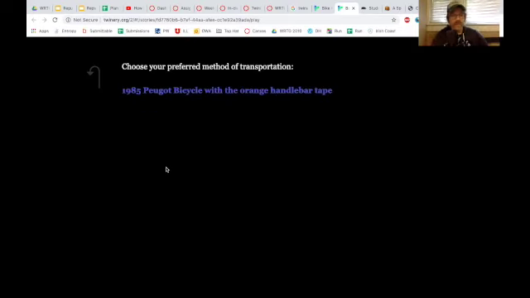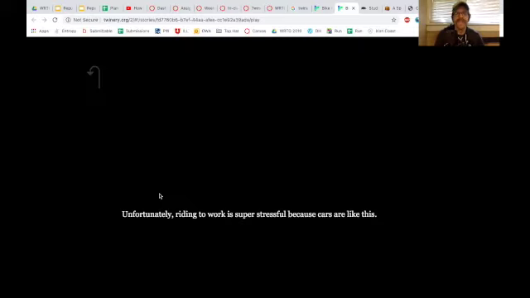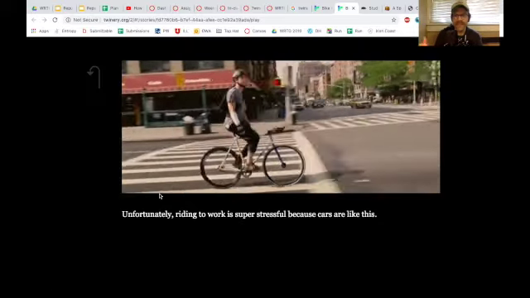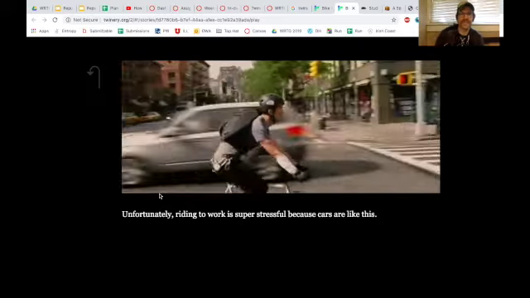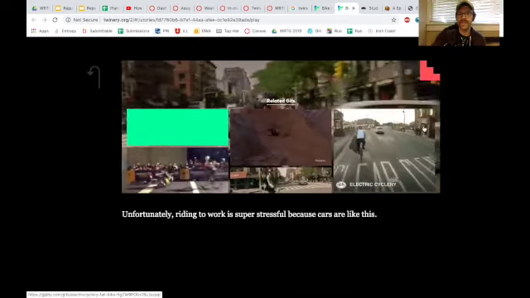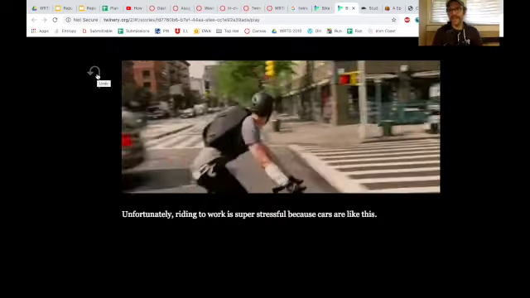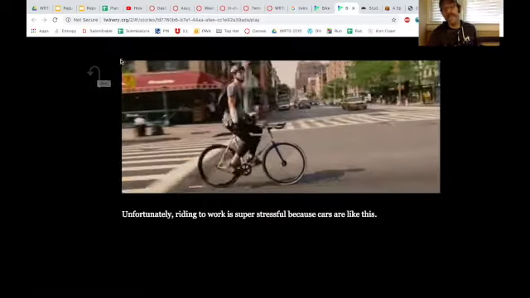So, let's just say we're late for work. Okay, I said, what bike do you want to choose? This old Peugeot bike. Oh, it looks pretty nice, doesn't it? Yeah. Ride. And then, unfortunately, riding to work is super stressful because you're like Joseph Gordon-Levitt here, and we'll have cars give you a close call here. Anyway,